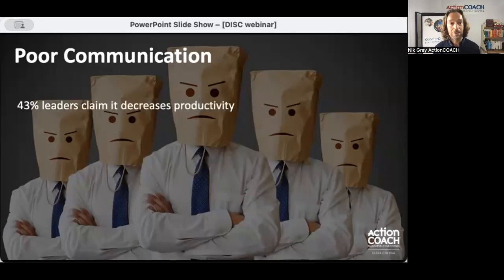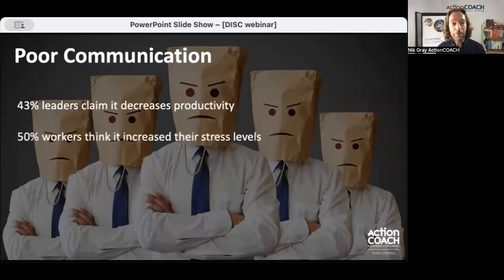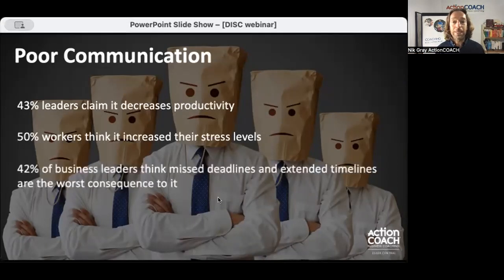So here's some stats. 43% of the leaders claim it decreases productivity. 50% of workers think it increases their stress levels. Then what impact is that going to have on their performance? 42% of business leaders think that missed deadlines and extended timelines are the worst consequence of poor communication. And 34% of knowledge workers claim that it's decreased their job satisfaction. So you might say, so what? And it's good that you do say, so what? But what